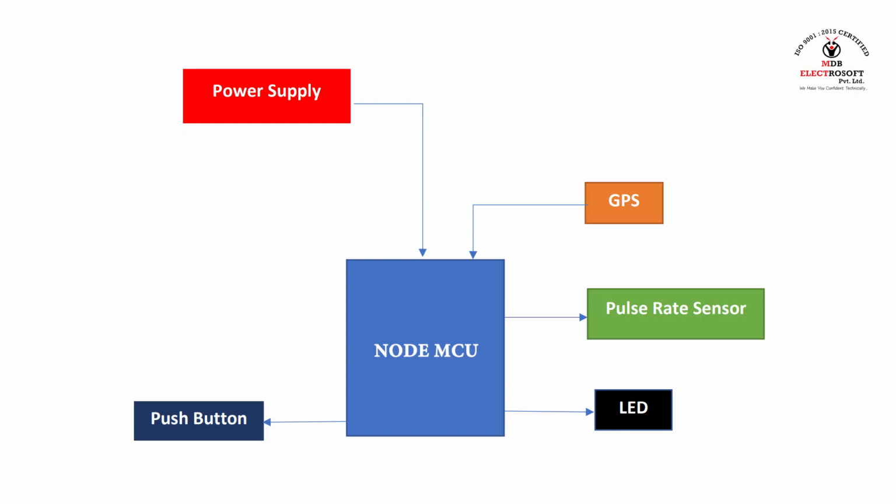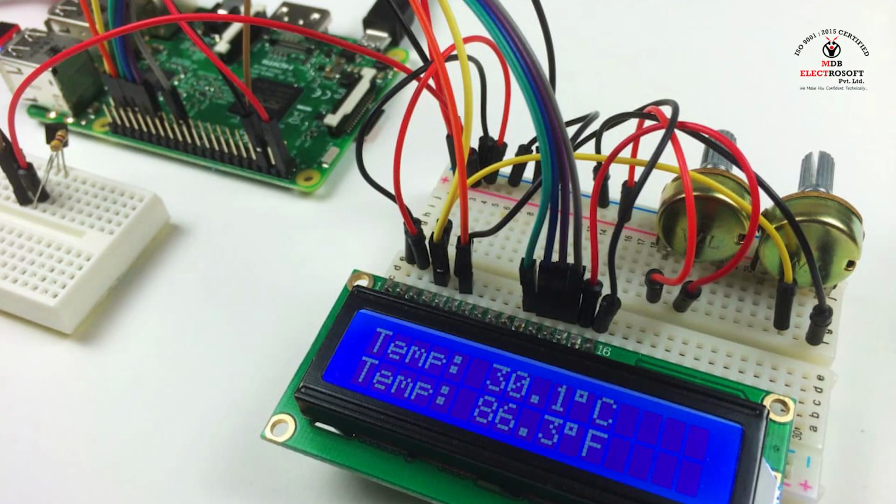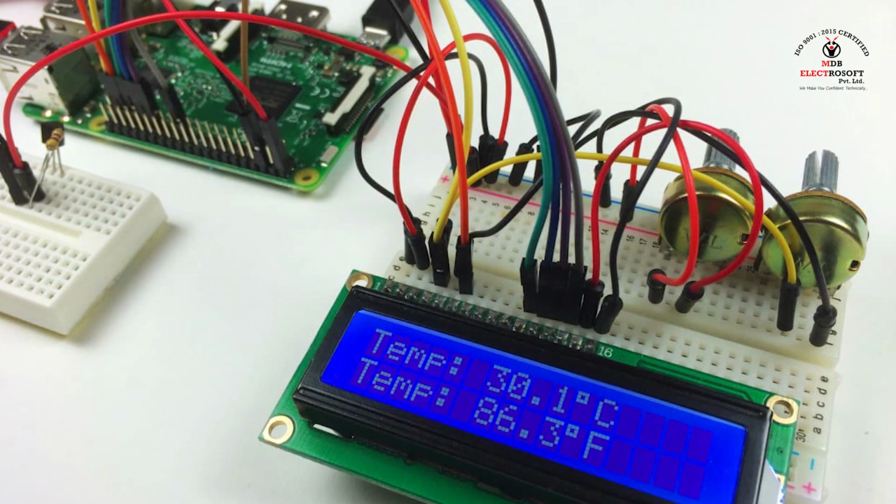Then we have the LED indicator. With the LED indicator we are using LEDs to indicate data. As we are not having any kind of LCD or any kind of display to display data on this device, we are using LEDs. On the flashing rate of the LED we will be able to identify if the data is sent or not, or what is happening. Then we move on towards the cloud section.